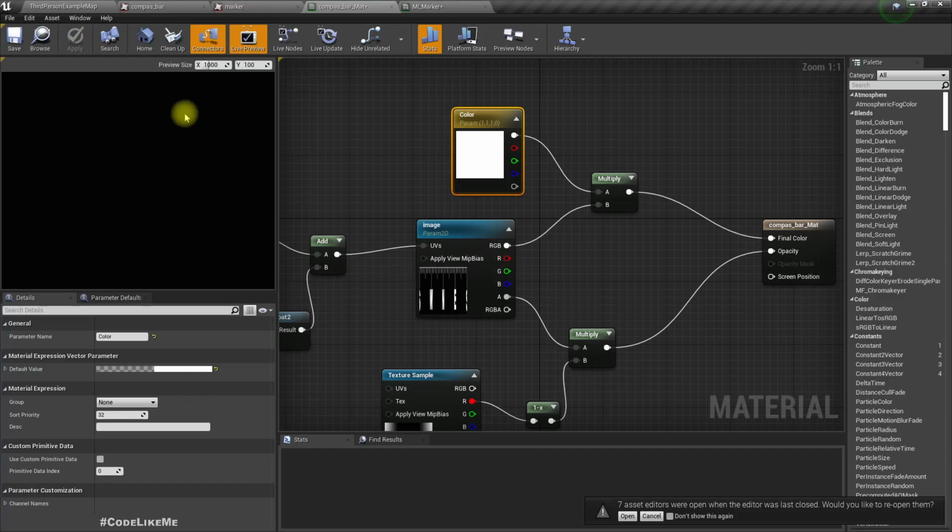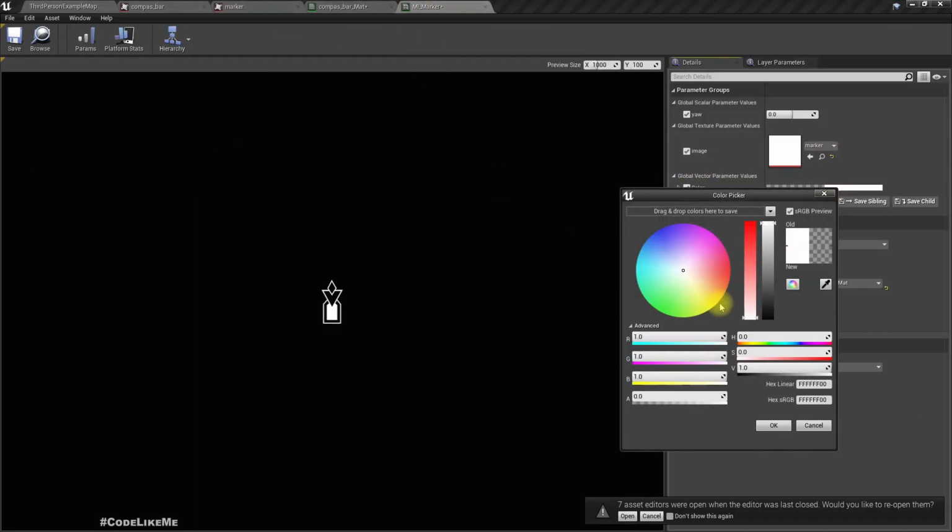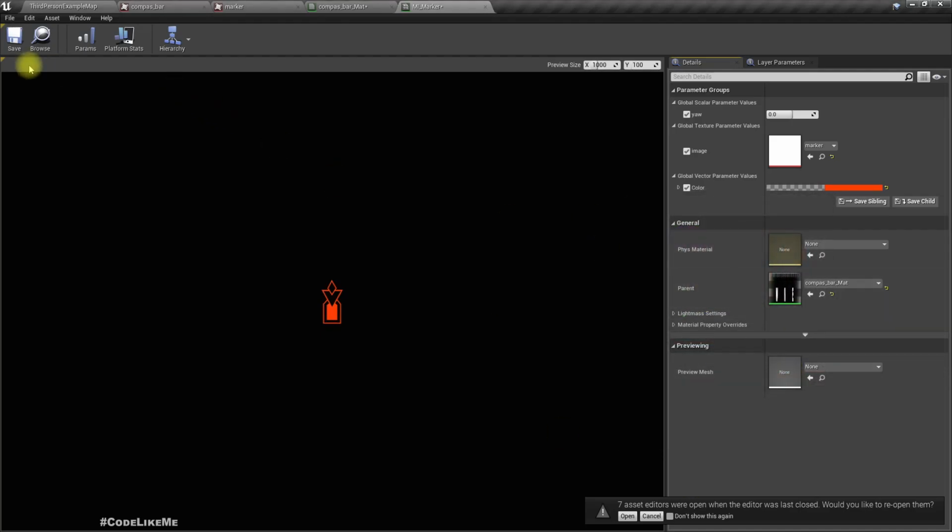Now we can see the compass, and here I can change the color to anything I want. I'll keep red. Okay, and now the material is complete. Save,